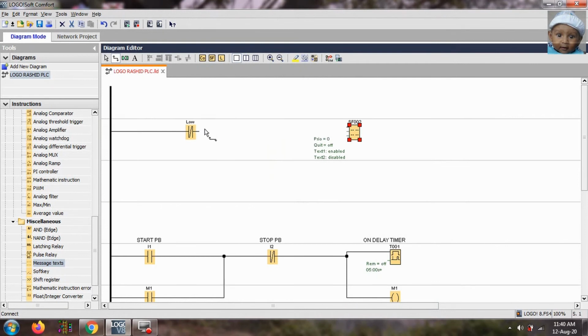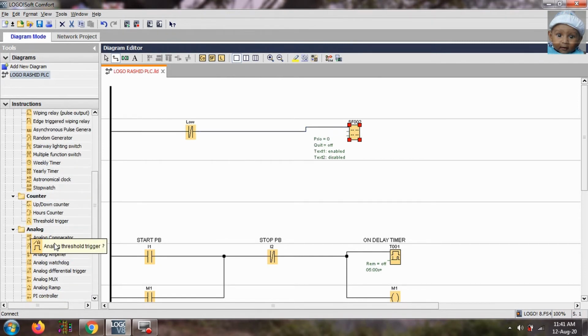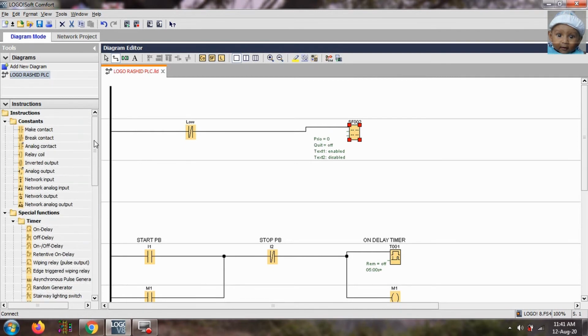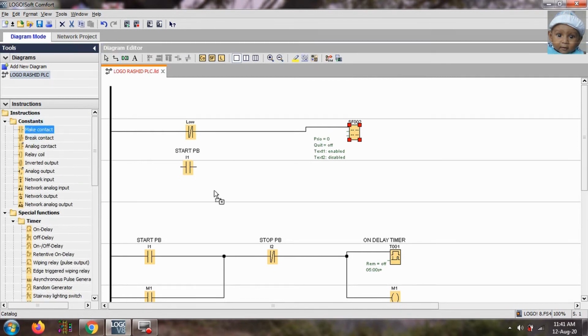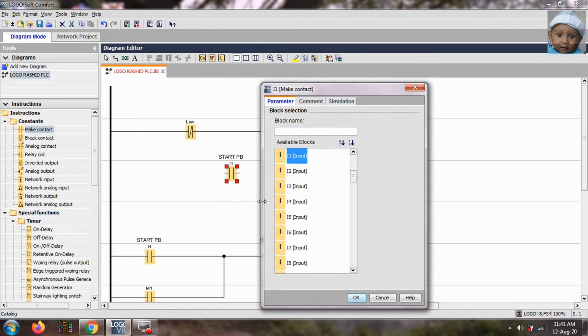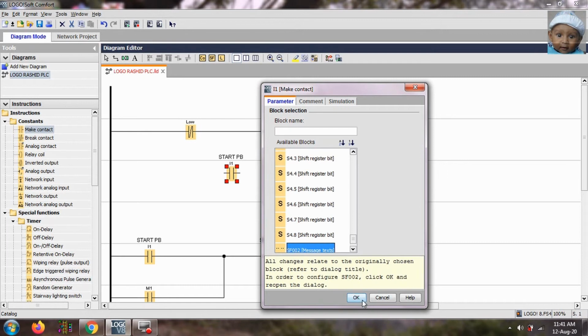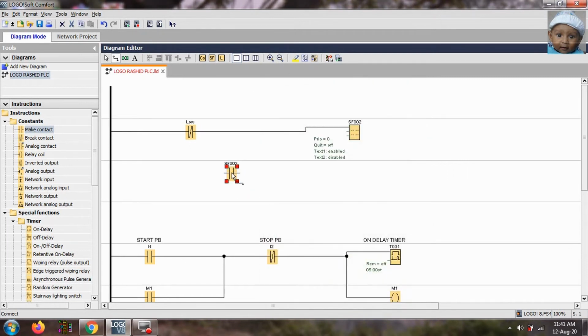So I have taken one message text. Its address is SF002. We have to join it with the trigger. Now I am taking a make contact. I will give the address of that message text on that make contact, and join it with the high.